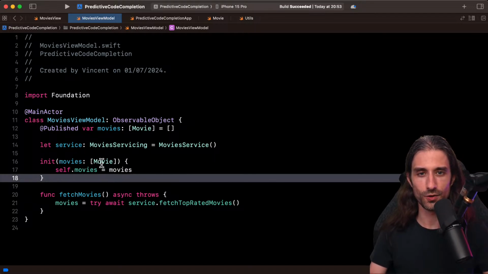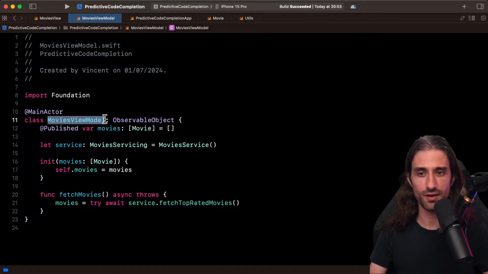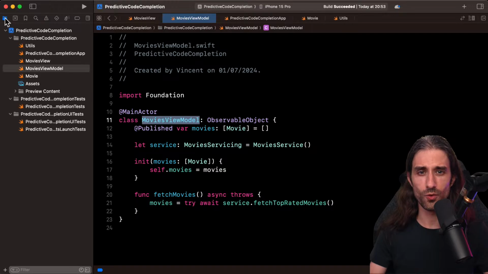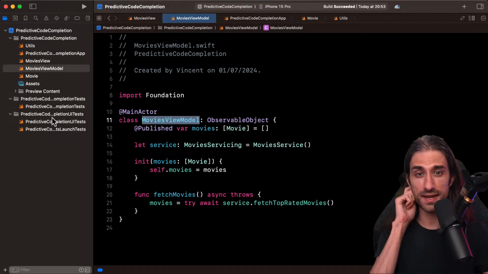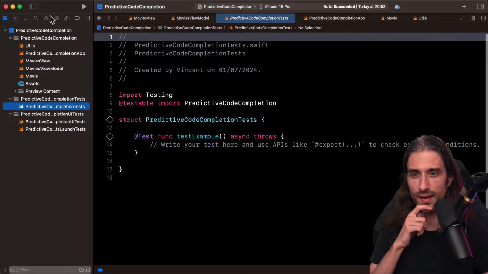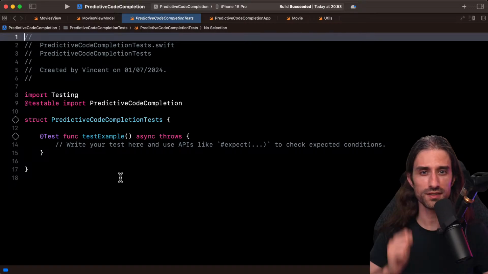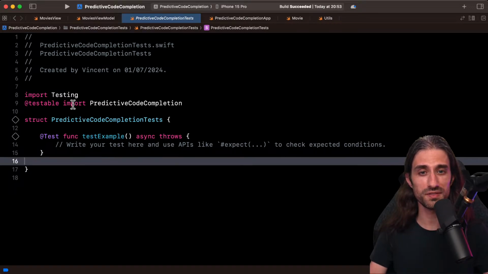Okay. So here I think I have everything to write tests for my movies view model. When I created my project, I added a testing target which actually uses the new Swift Testing framework.